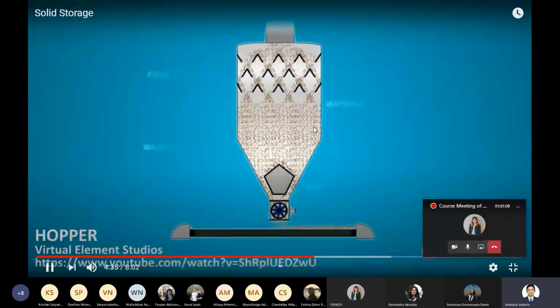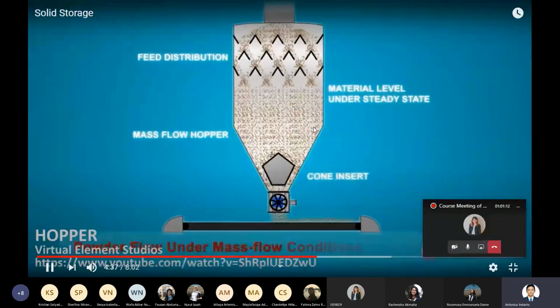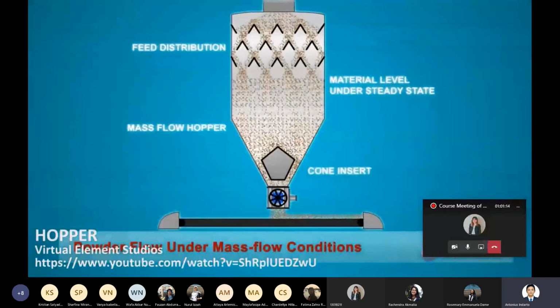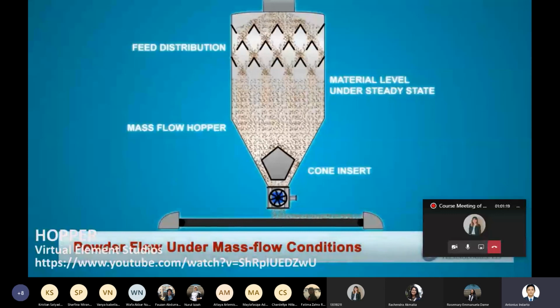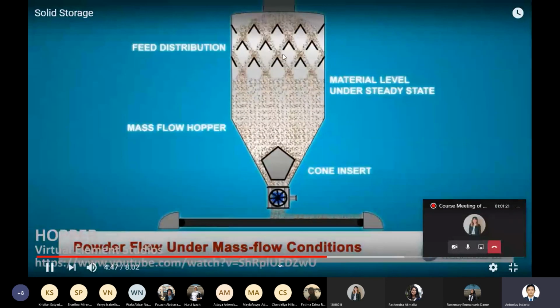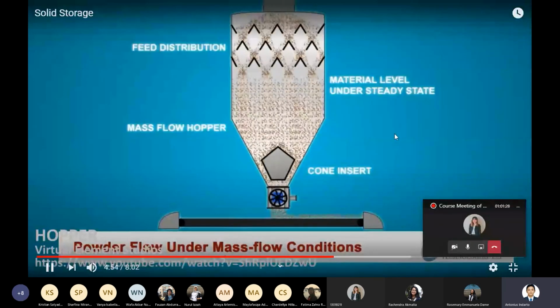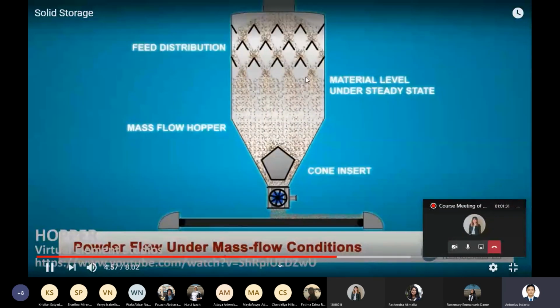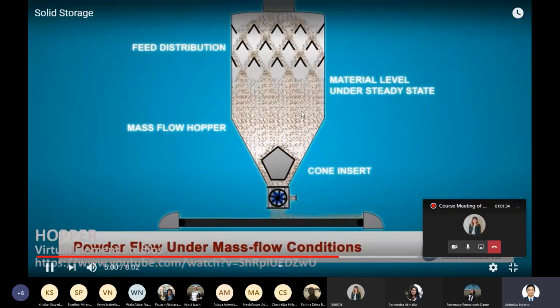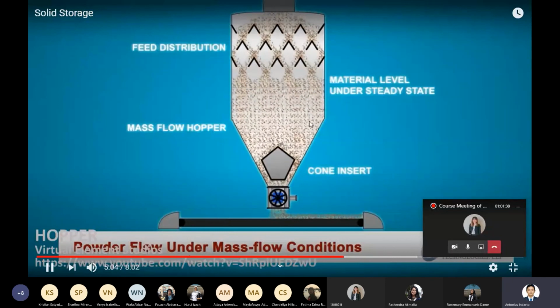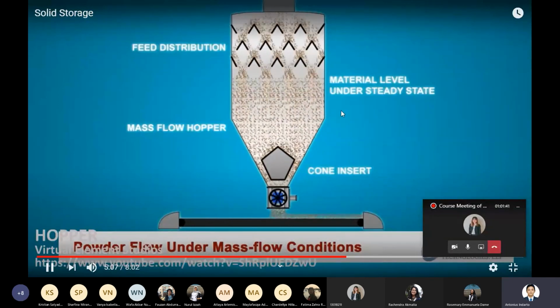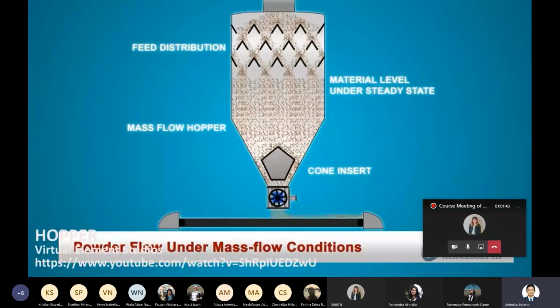This is the way we try to avoid that kind of rat hole problem, by using a feed distribution, for example this one, and then a divider in this one. By using this, we will have a way to avoid the problem we were facing previously, which is called the rat hole problem.